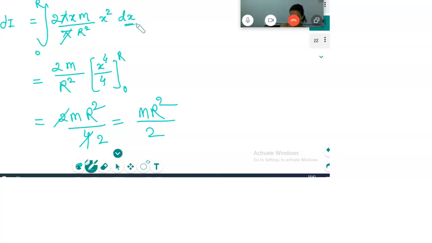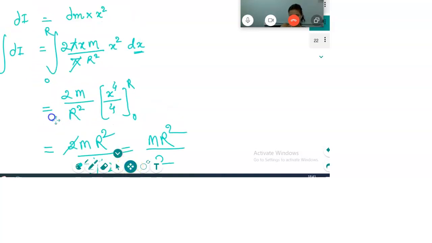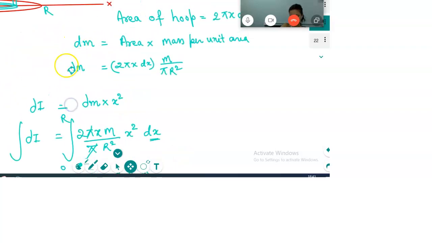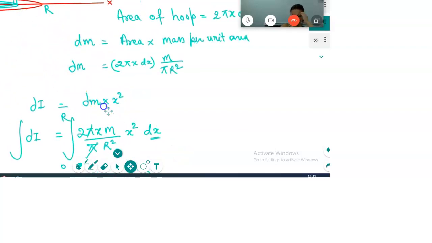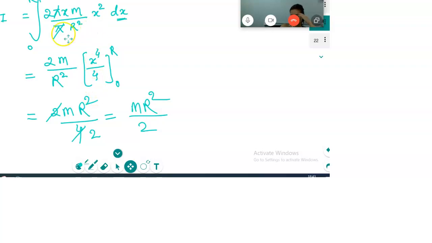Is it clear? Now I have a question. For this formula, for example the moment of inertia for a disk, can I use it directly, or do I need to do this whole process? No, you need not remember the whole process. I just explained to you how to calculate the moment of inertia. You have to remember this final result. Okay, got it. Is it clear?